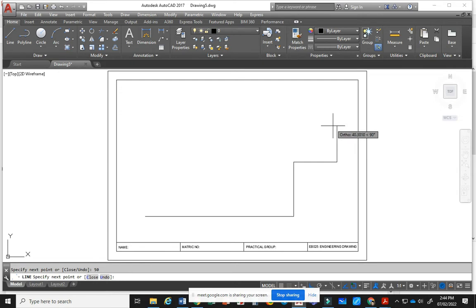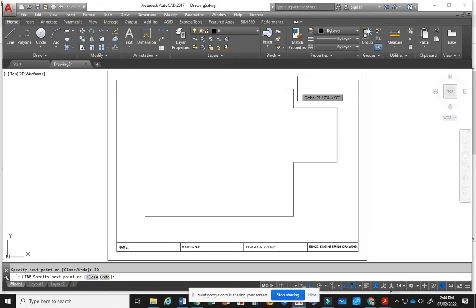For this line it is 3000, so divide by 50 is equal to 60. Same as the previous line. And then we go back to the left with the dimension 2500. We type 50